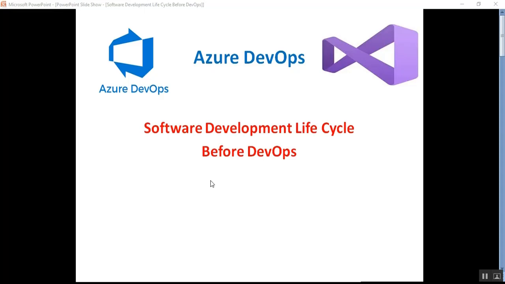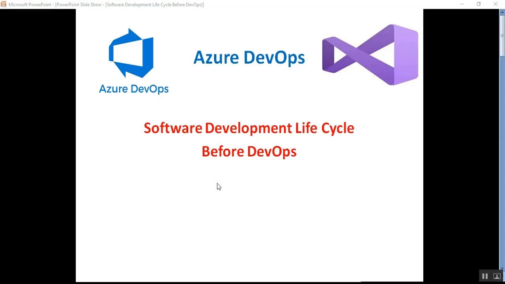Before starting Azure DevOps, I will first explain what DevOps is, and before knowing what DevOps is, what the process and the software development lifecycle was before DevOps was introduced. Okay, so guys, before DevOps, I will discuss the lifecycle of software development.